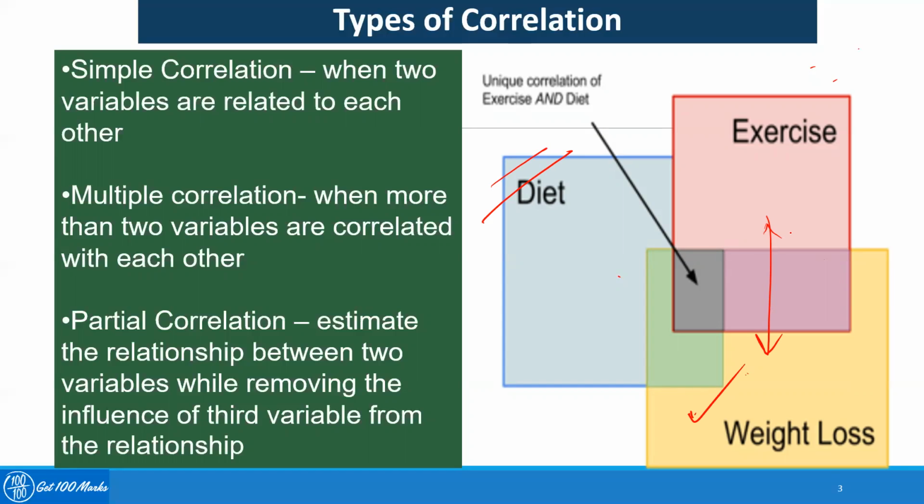While removing the influence of the third variable, we try to see the relationship, then it is called a partial correlation. Same way with the example of the sales revenue of a company. Suppose we want to see how the advertising expenditure is influencing the sales revenue. We try to keep all the other variables constant. I mean, we are trying to remove the influences of all the variables like salespeople's motivation or the level of technology the company is using. If we keep these all constant, then it's called a partial correlation.